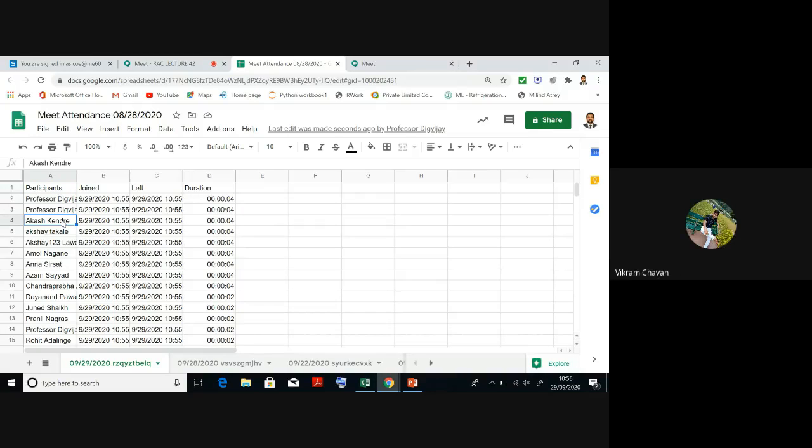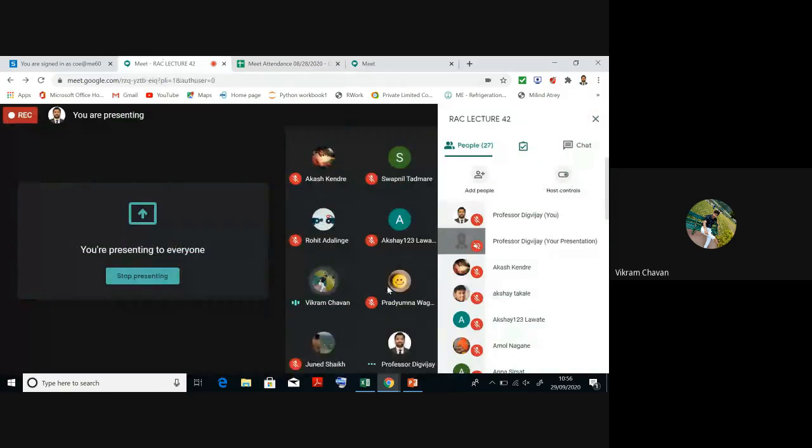Okay. So here 27 students are there. Out of that, how many of you have filled the GATE form? Just comment in the chat box so that we will get at least some count. And those who have filled, please send the GATE form to me on my mail ID. Okay. Anna Shirsat, Rohit, Swapnil,